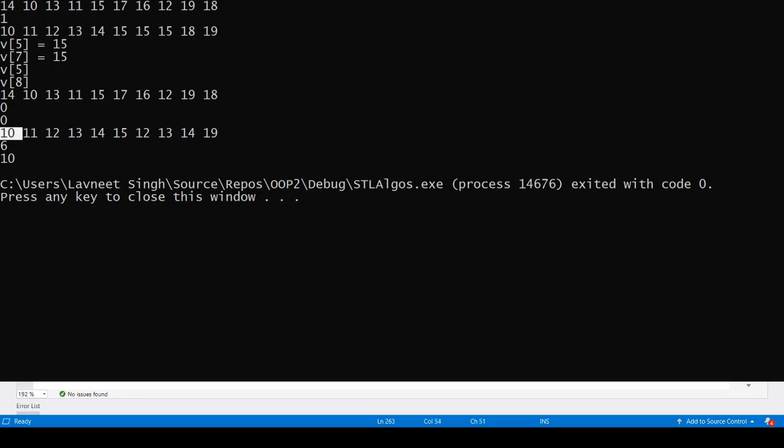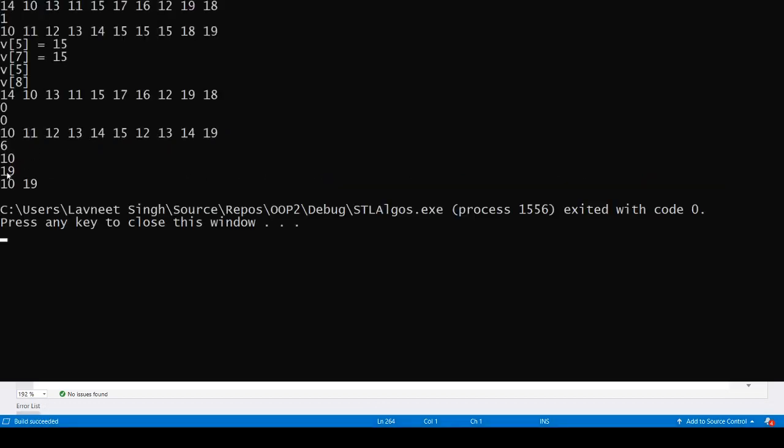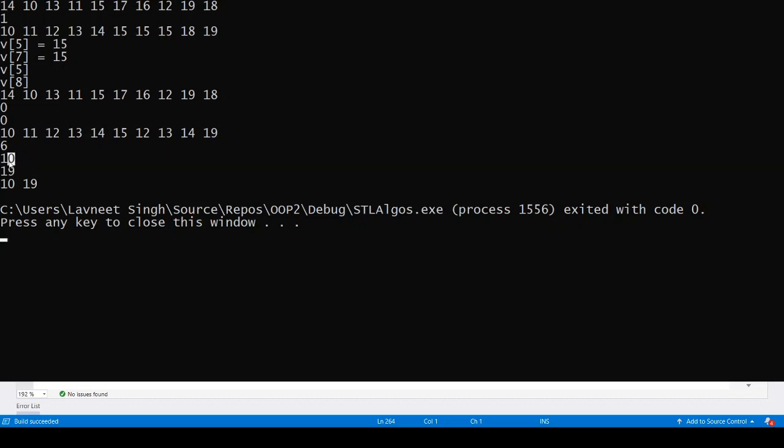It will simply return the combination of what min element and max element return individually, right? So we should basically see the same output. So you can see 10 and 19, min value 10, max value 19, min value 10, max value 19 for min max as well. Okay,